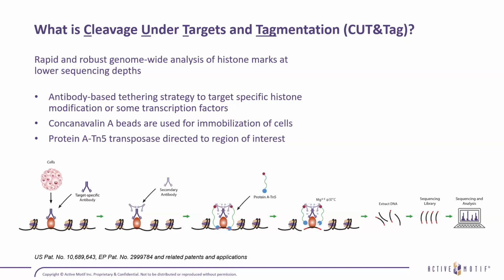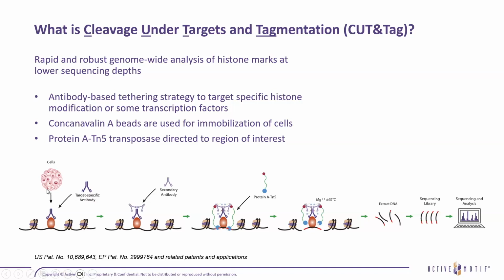And then what is actually tethered is an enzyme called protein A-Tn5. So this is a Tn5 enzyme that's fused to protein A. And the protein A portion is going to bind to the antibody that you are using to target your histone modification of interest. So to go over the standard protocol here, you have cells that are immobilized onto concanavalin A